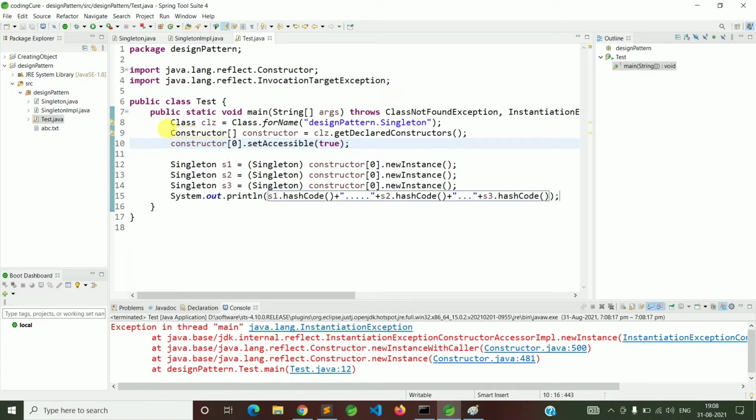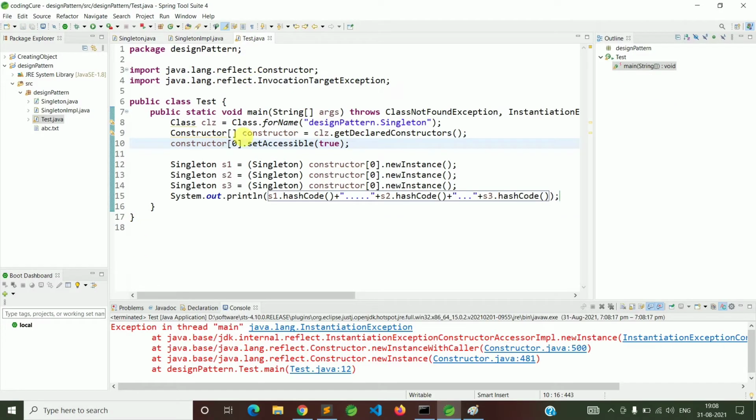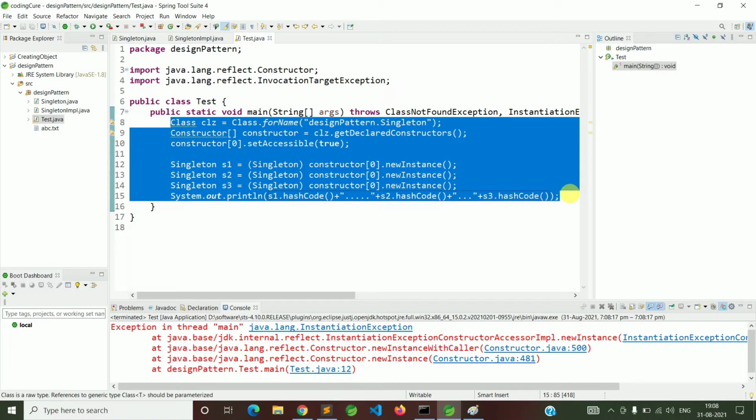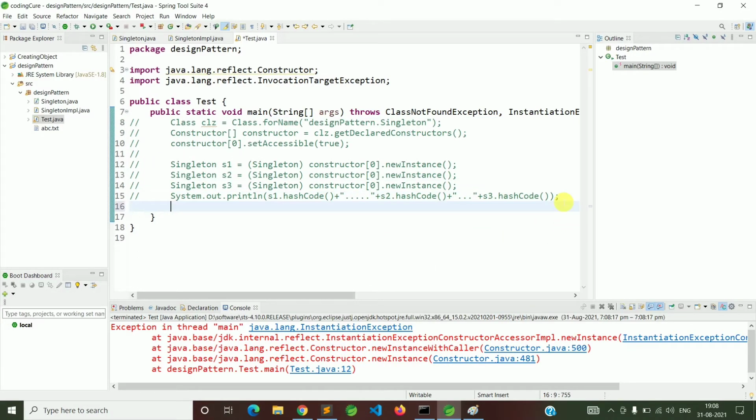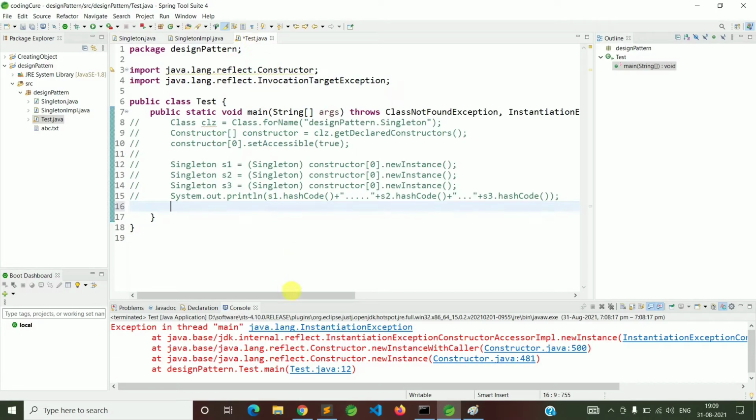But some problems are there in this class. Still some problems are there. So what is the problem? Let's see what the problem is. So this time I just comment. See, in these cases, using the clone method, we can create the object. How? See, let's say